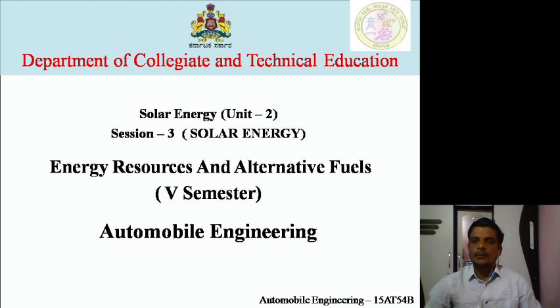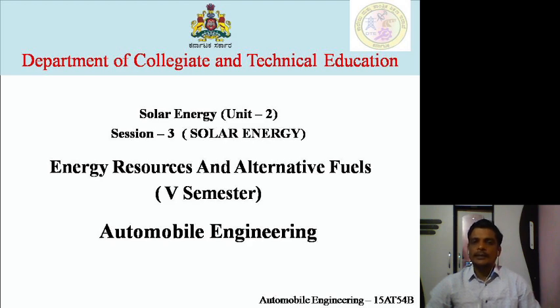Let us recall what you learned in the previous sessions. You learned the need of solar energy, solar constant, and the types of radiation coming to the Earth's surface in the first session. In the second session, we learned the types of radiation measuring instruments such as pyrheliometer, pyranometer, and sunshine recorder, with their advantages and disadvantages.